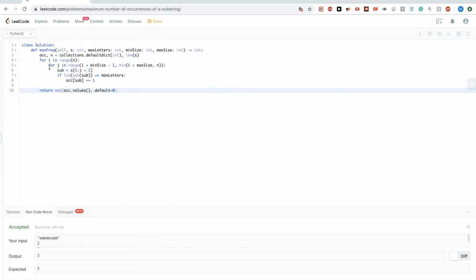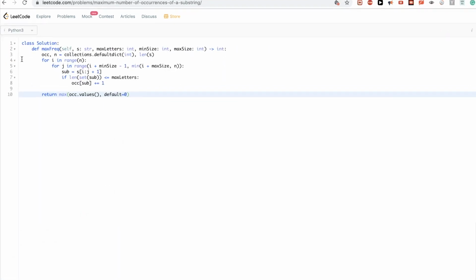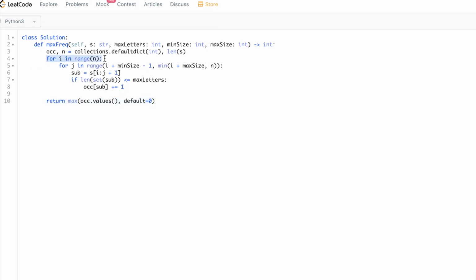Now in terms of time complexity and space complexity, in this solution here we do O of n, and here we do the range max size minus min size. So if I take m to be max size minus min size, and here we have O of n, the overall time complexity would be O of n m, right? So overall we would have O of n m time,